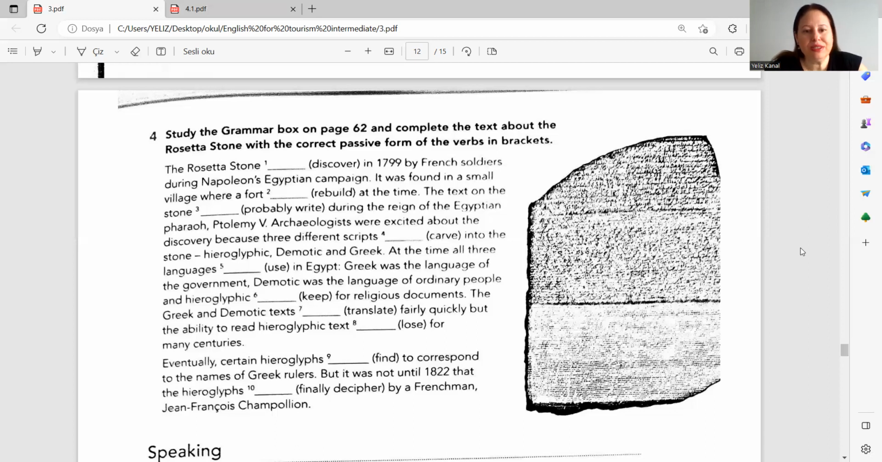The text on the stone was probably written during the reign of the Egyptian pharaoh. Pharaoh ne demekti? Firavun demekti, değil mi? Ptolemy V. Archaeologists were excited about the discovery because three different scripts,